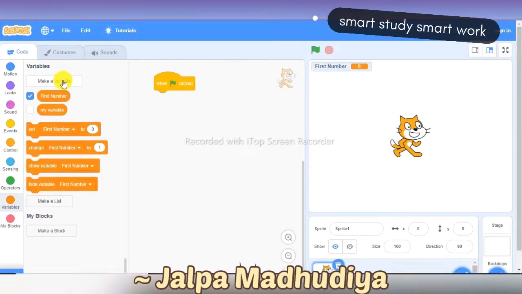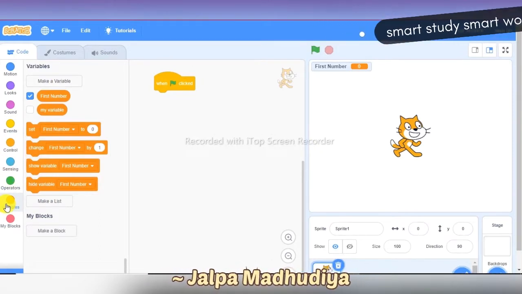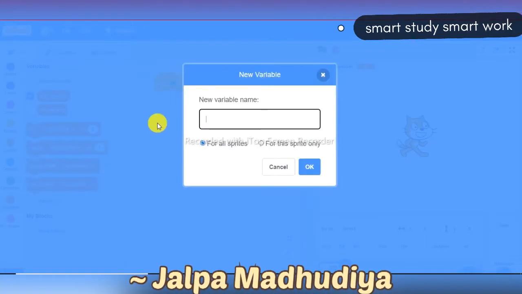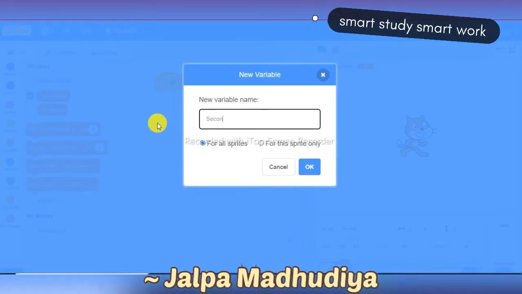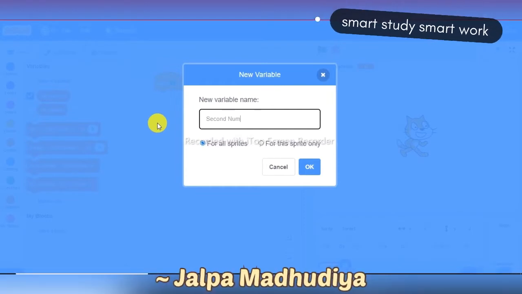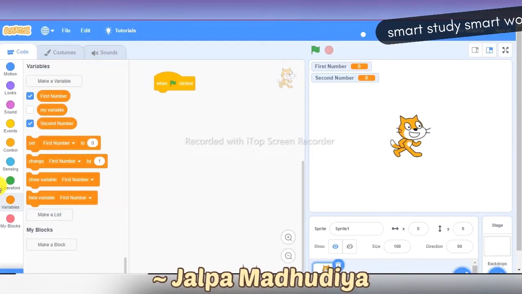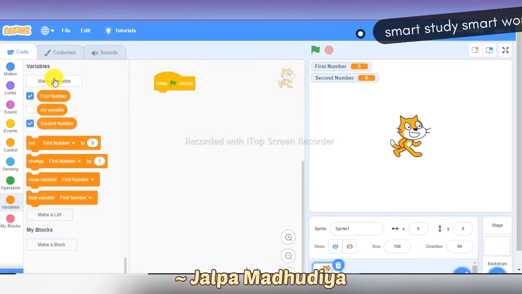Next variable is second number. Third variable is answer.